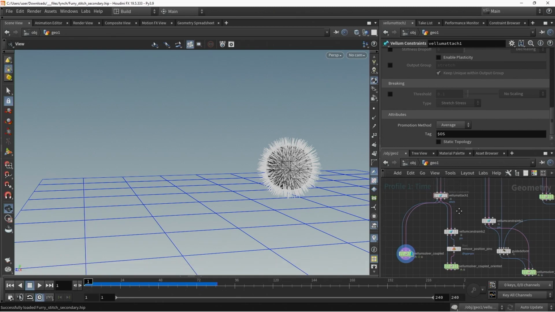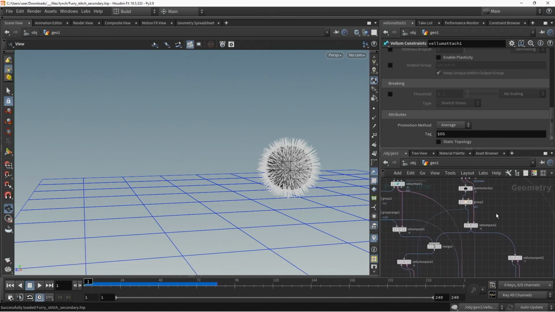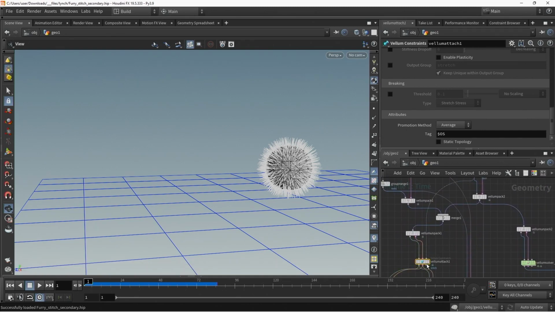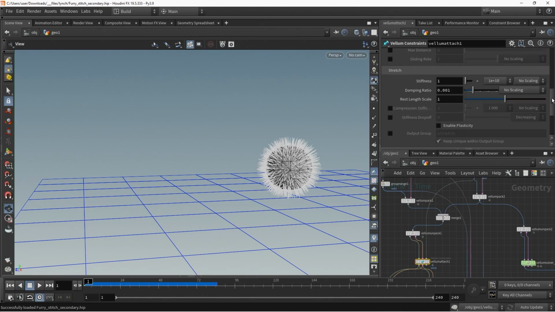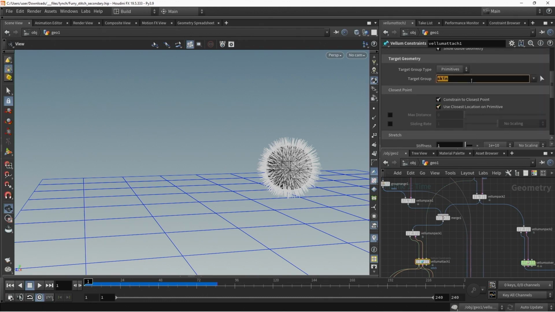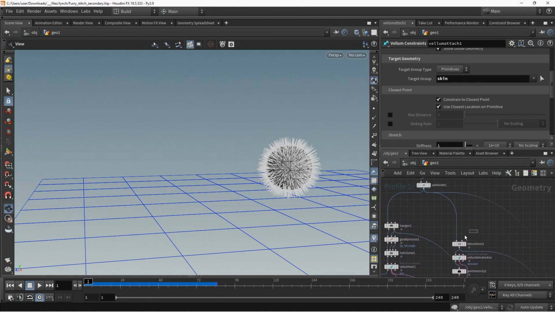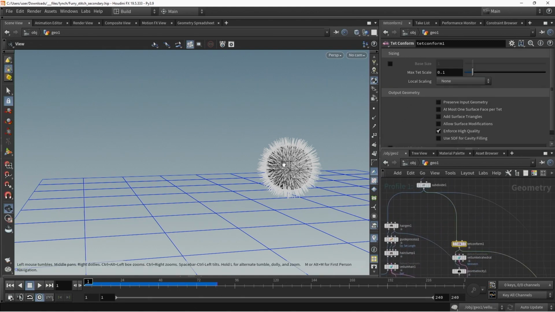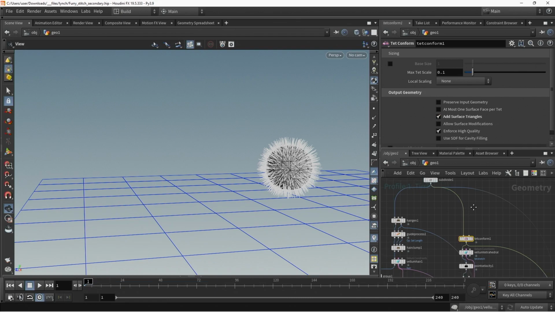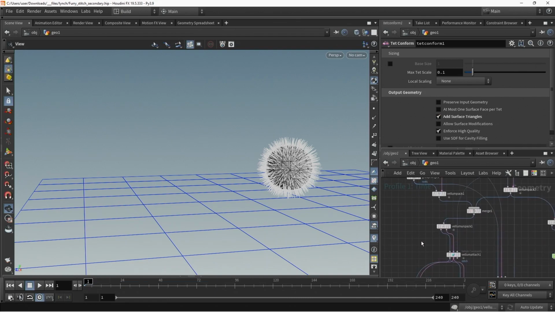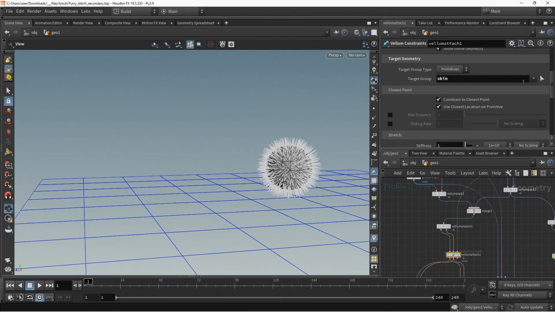So the first weird thing that needs to be done is that this stitch constraint, he had it attached to the tetrahedral body, but stitch constraints only work, especially with this closest location primitive, with triangles. So we need to go up to the tet conform, the thing that created all the tetrahedra, and add surface triangles, and then we'll get a new group called surface triangles,